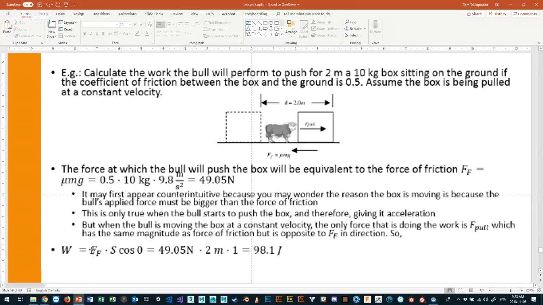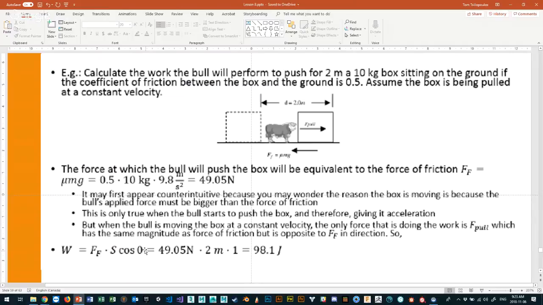So we have the force of friction times the displacement times cos of 0, right? And cos of 0, that's why it's really good to pull at a horizontal level, because cos of 0 is 1. Remember, if you look at the cos graph, it starts off at 1, then goes down. So that's why it's really, really good. So again, we have 49.05 newtons times 2 meters, newton meters,